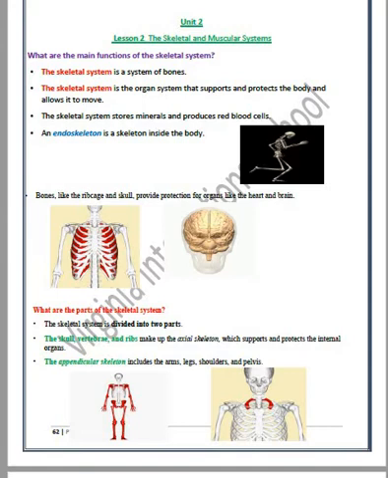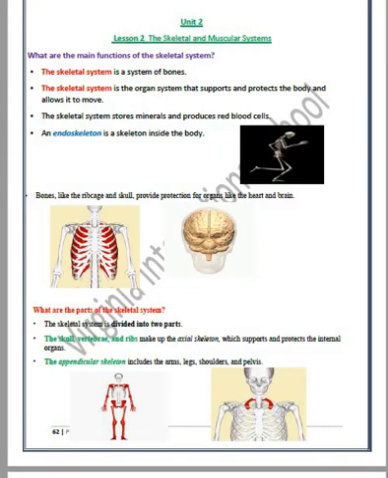The skeletal system is divided into two parts: the axial skeleton and the appendicular skeleton. The axial means inside, it's the endoskeleton. Endo means inside your body. The axial skeleton is the one that has the skull, the vertebrae, and the ribs. So the skull, the vertebrae, and the ribs together make the axial skeleton, which supports and protects the internal